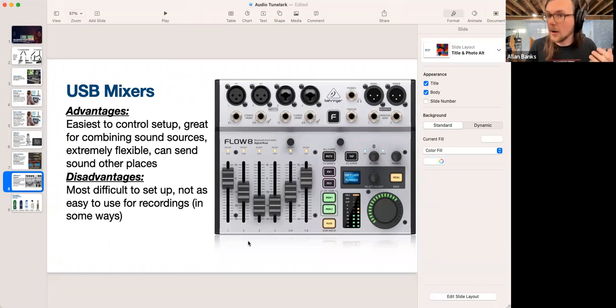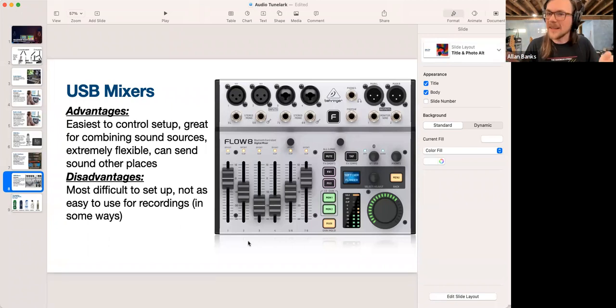Same with my guitar. I only have the direct output source for my guitar. Of course I can hear my strings, but my guitar tone and all that stuff is just going into the mixer. I don't have any other way to hear the full electrified guitar tone, if you will. So using a mixer like this, I think, is the best option for